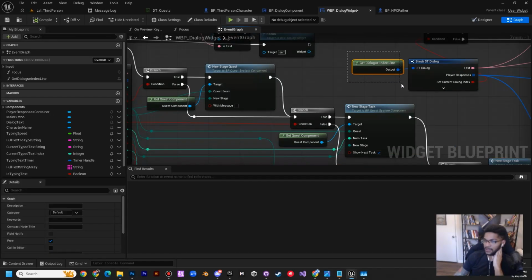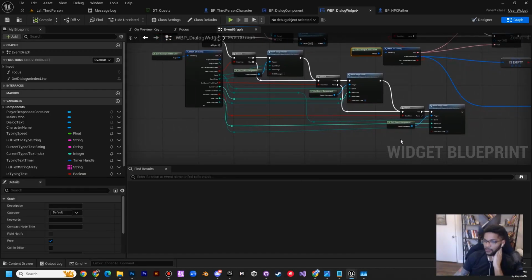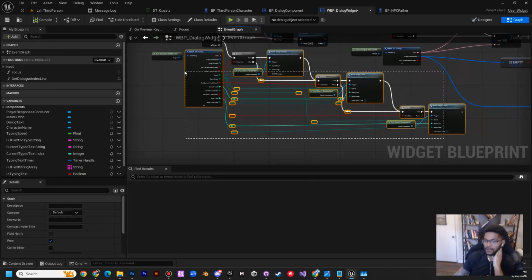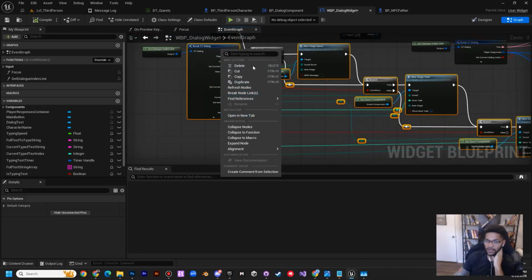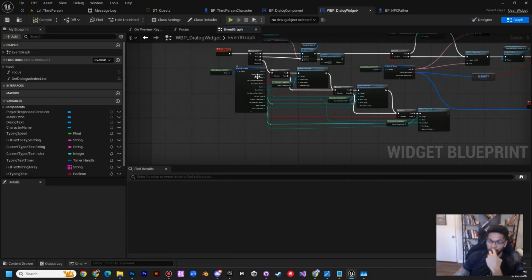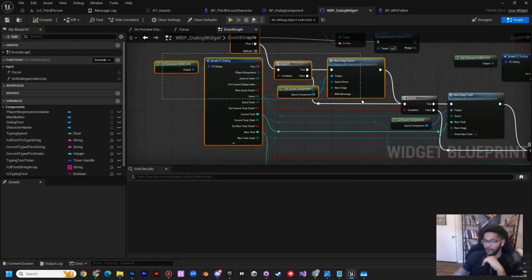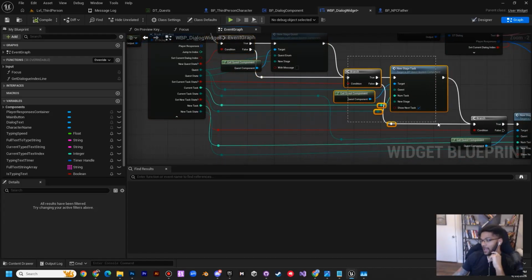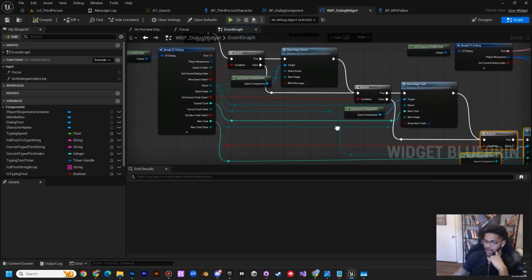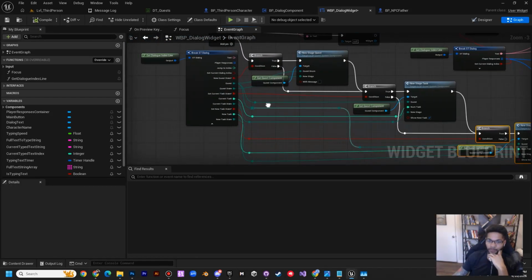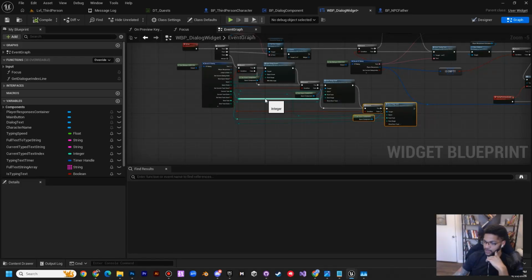Like if you remember, we collapsed a bunch of nodes into this function here. If this is looking too messy for you, you could just highlight these nodes that we made under the number 2 sequence pin, right click them and collapse them into a function, right? And then you could just call that function checking quests. Or you could just get the part where we are checking quest and collapse that into a function called check quest. And then after that, collapse the task stuff and call it check task or check current task, and then a new function for checking new tasks. And you can make it look a whole lot neater. But I mean, this doesn't look so bad to me. So for the sake of time, we're gonna